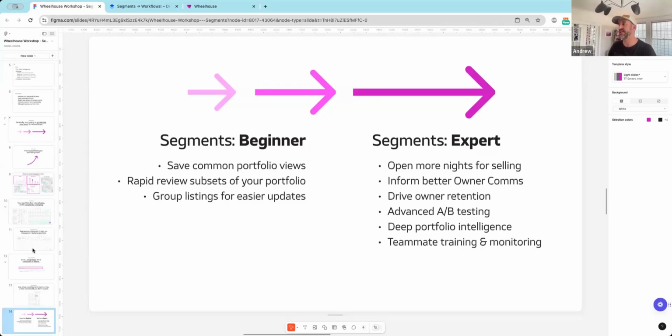At best, you're going to start to tip into, and we'll get here, and this will be recorded, using segments to drive potentially novel, or at least accelerated additional work outside of Wheelhouse. So that's where we're tipping into workflows, where you'll be able to use the information you learn from segments to power things that help drive your business forward. Okay. So we'll go from groups to powering workflows.